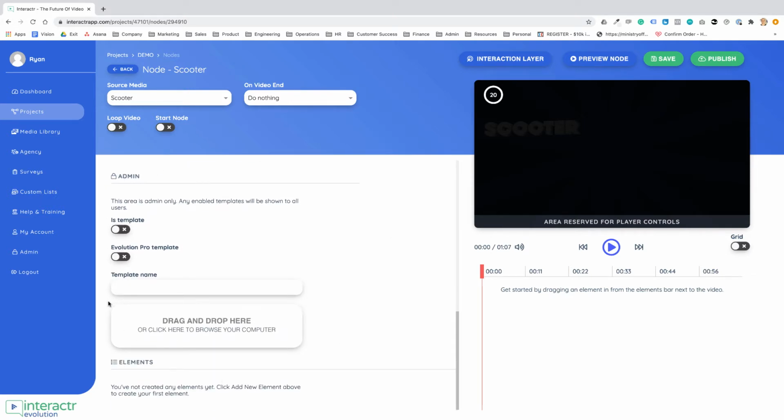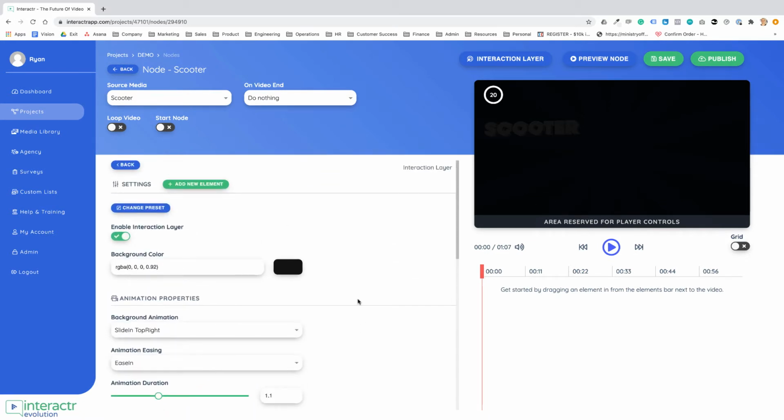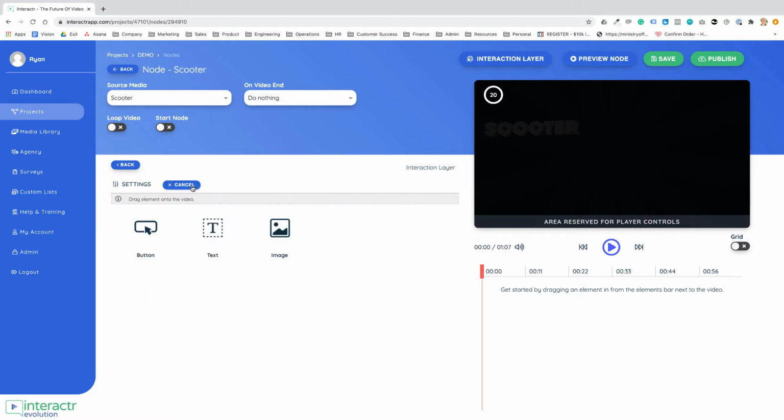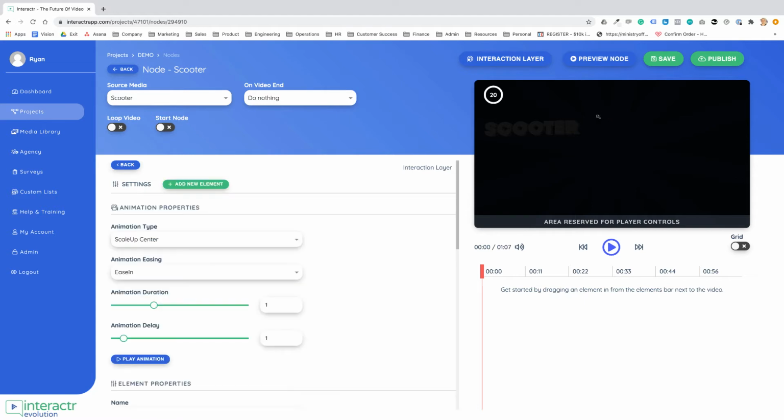This admin area is just for me because my account's an admin account. But for elements, we've got the background. If we want to add elements, all we do is click on add new element here. And then we can customize the animation and the duration of those elements. Let me give you an example. Let's say I wanted some text to go up here. And let's say that I wanted the text to say,